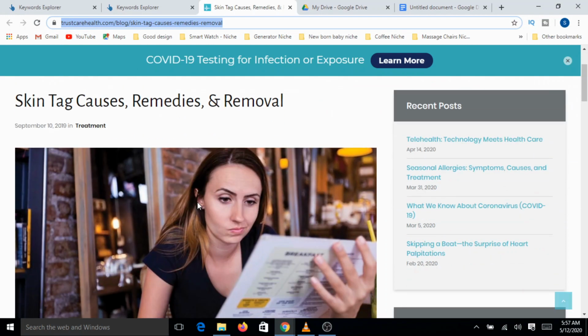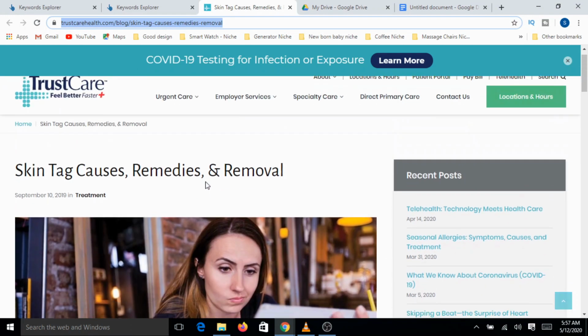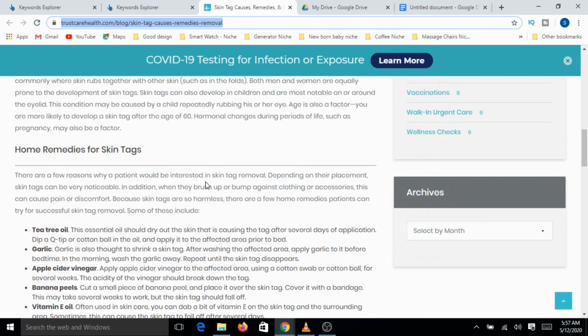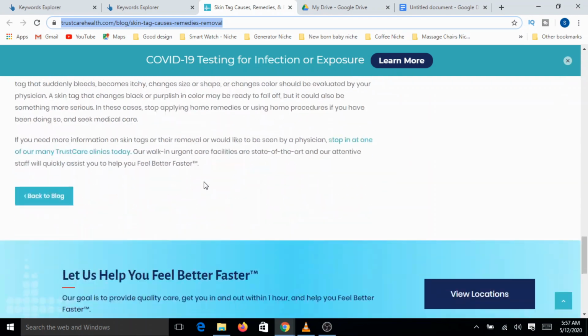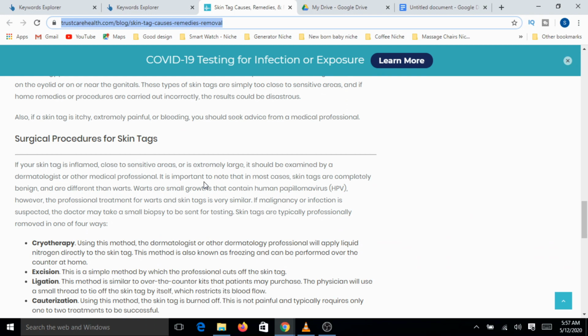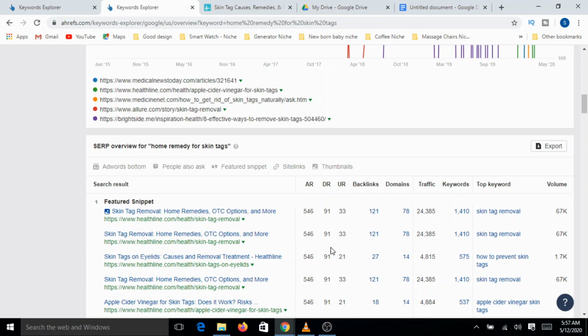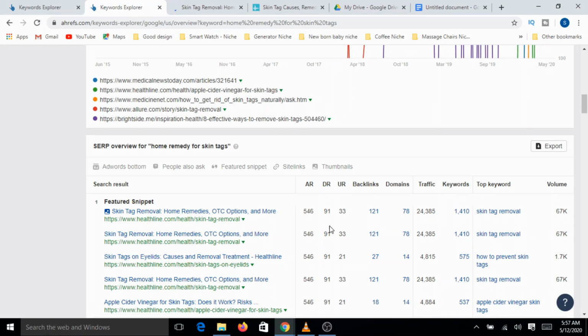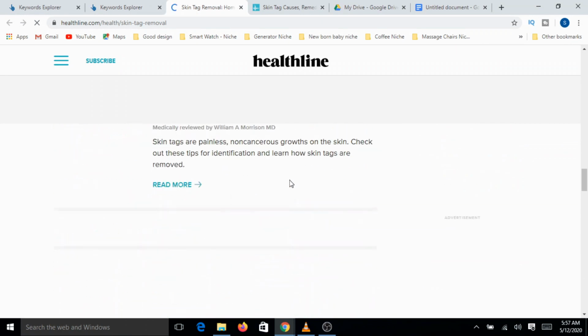trustcarehealth.com. If you see here, just quickly scan through the site, and that will give you an indication how qualitative this particular article is. You can always check the top websites, for example, if you see here. But for these top DR sites, not necessarily is the content always so qualitative.